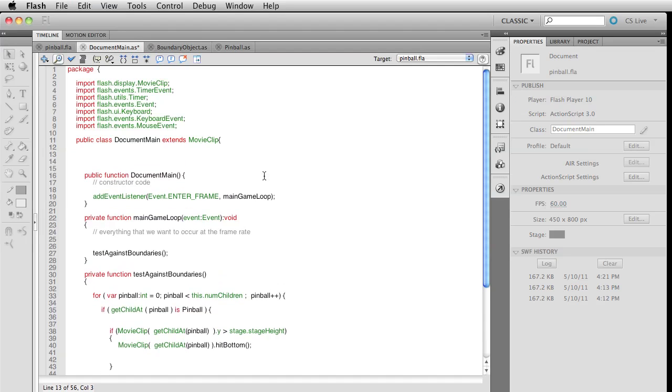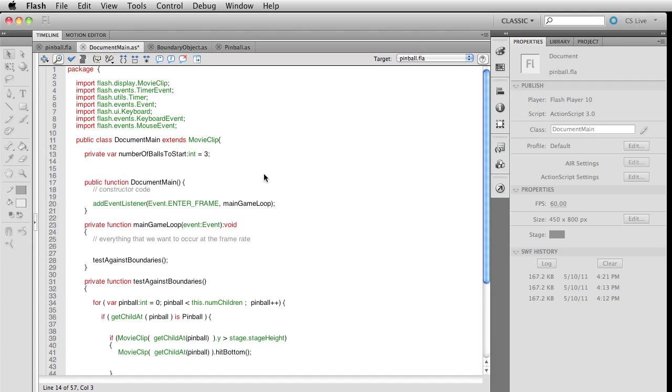Outside of here, we're going to write a few variables. Private var, this will be numberOfBallsToStart. Yeah, kind of a long variable name, that's okay. We're going to set that to be 3, so we'll drop 3 balls on the stage. Again, this will be a private var. We're going to say ballsOnStage